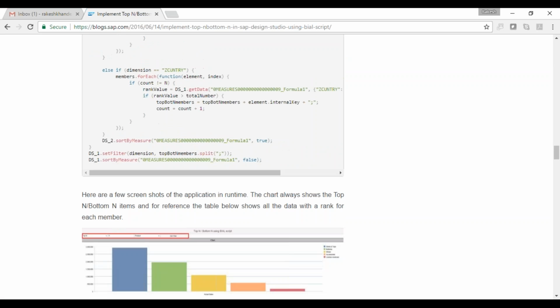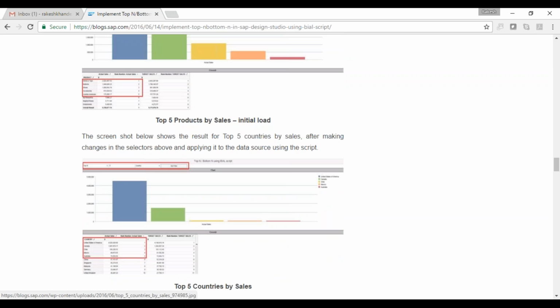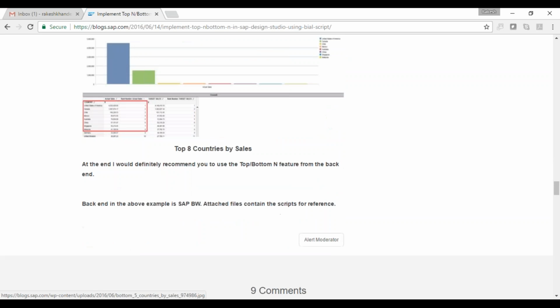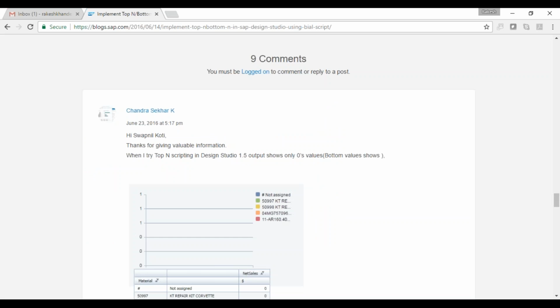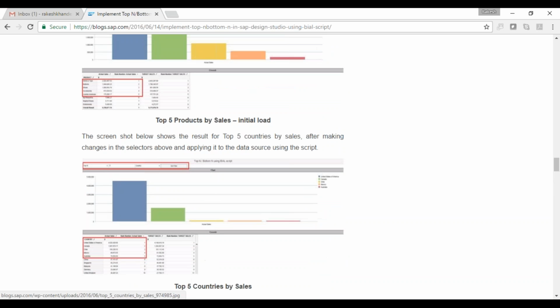This is the code only I sent you. Oh, is it? You took it from here only? Okay, fine. Anyways, I'll try it from the same. Even you guys can also try it from the same blog. I have shared it in the chat window, so you can try it. Other guys also can try it.